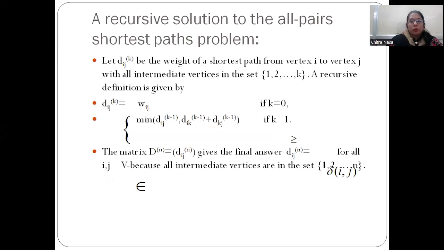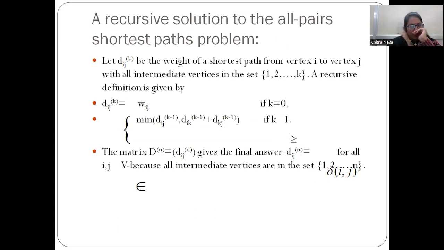Now, what is the recursive solution for this problem? In DP, for each and every subproblem, there will be a recursive formula. The recursive solution is mandatory in DP for each and every problem. So in Floyd-Warshall, it also gives a recursive formula like Dij, that is the distance from I to J. It is defined as: if k is equal to 0, it means there is no intermediate vertex. If there is no intermediate vertex, then the original weight, that is from I to J, Wij, is the